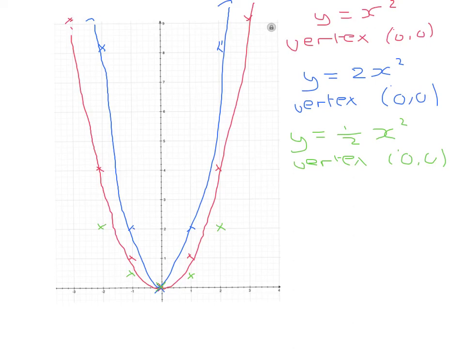Then we'd go out 3 up 9, because it's a half x squared, it's a half of 9. And we'd go out 4 up 4 squared, which is 16, because it's a half of x squared, it's a half of 16, which is 8 on both sides if it fits. And then we can draw